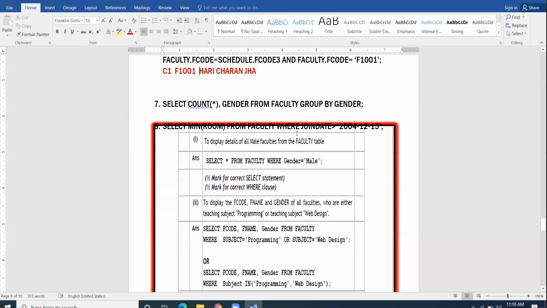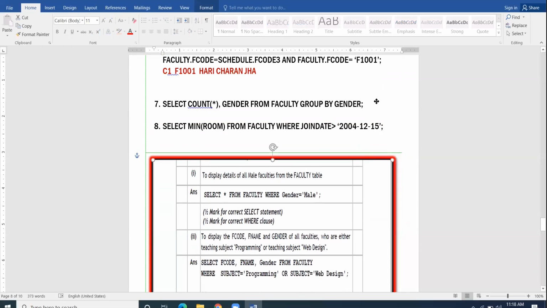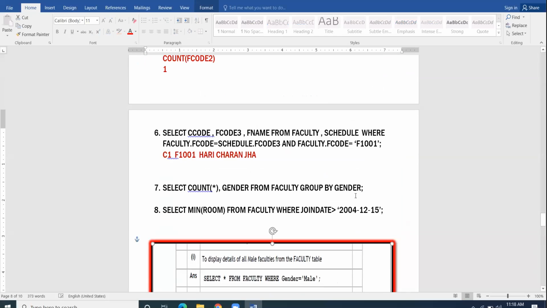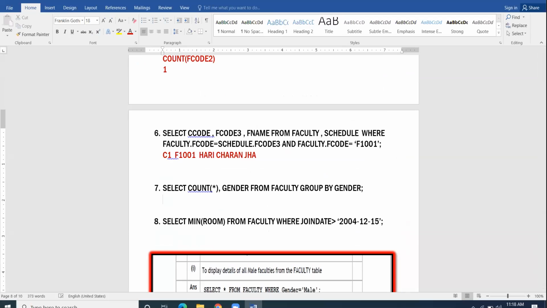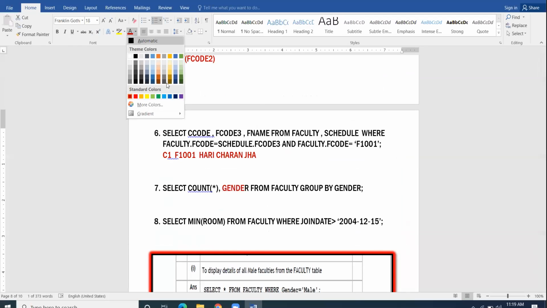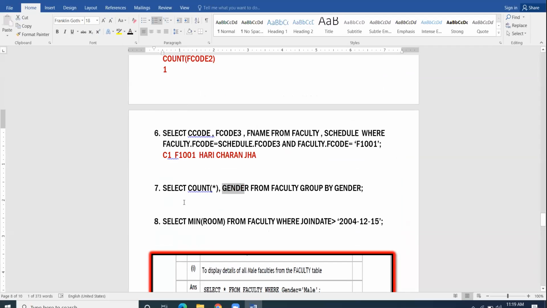Now let us proceed further. Select count(*), gender from faculty group by gender. Group by gender.